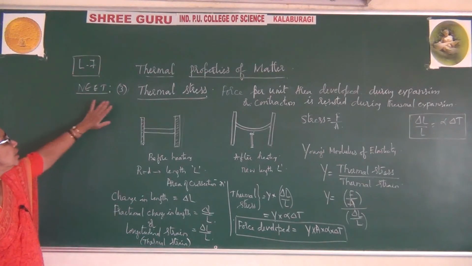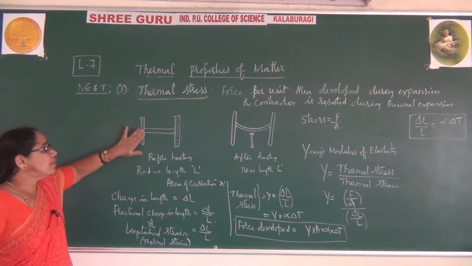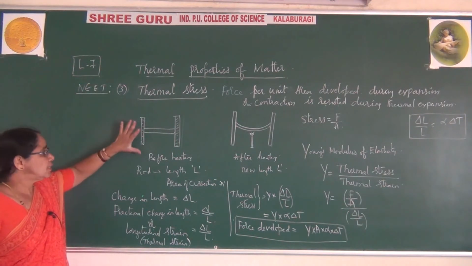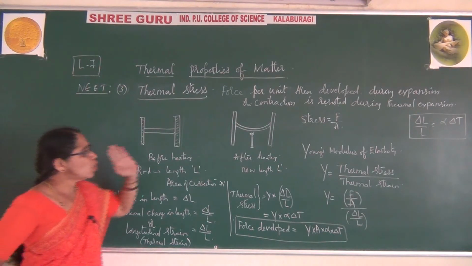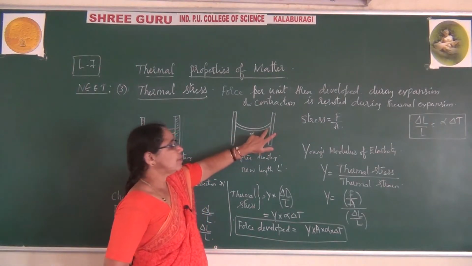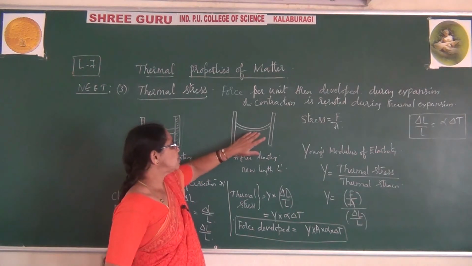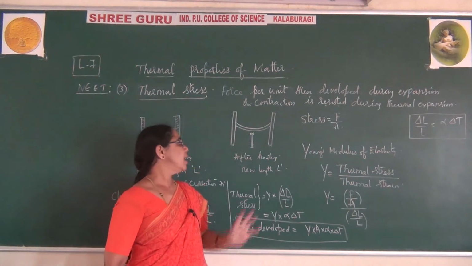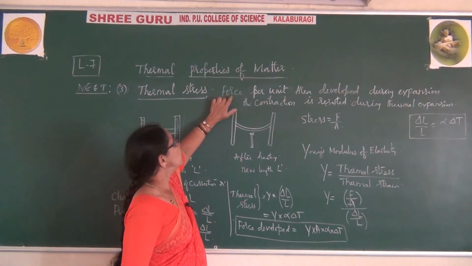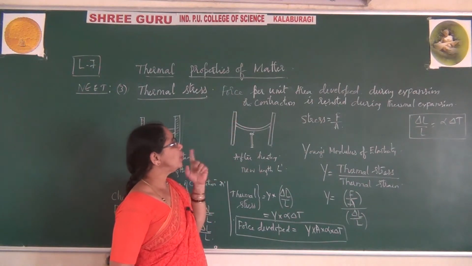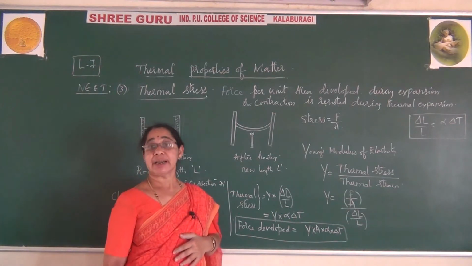So this is one more neat point you come across here. You come across this due to what? Whenever a rod fixed to a rigid support is heated, it expands. And there is no space to expand here. At that time what happens? It bends. Due to expansion there arises a compressive strain. That compressive strain arises due to the heating, and you can observe it here. Force per unit area developed during expansion or contraction is resisted during thermal expansion. Resisted means what?